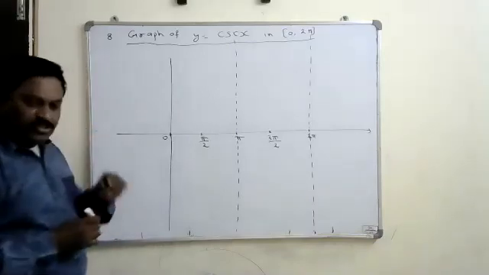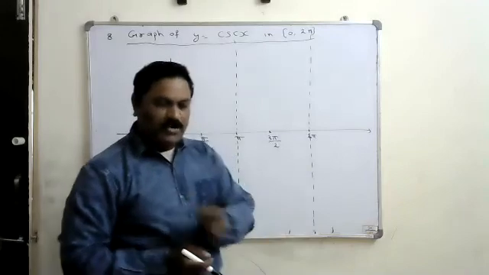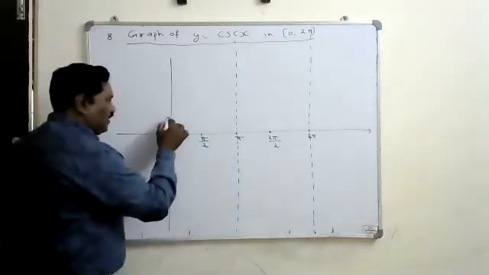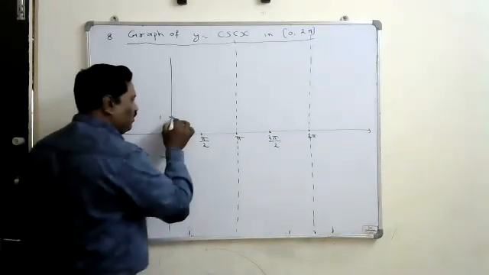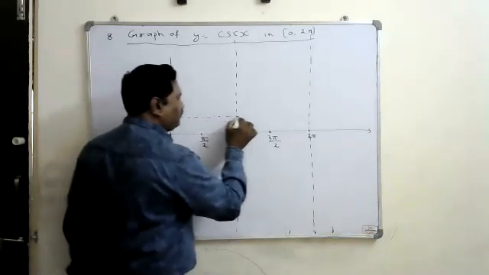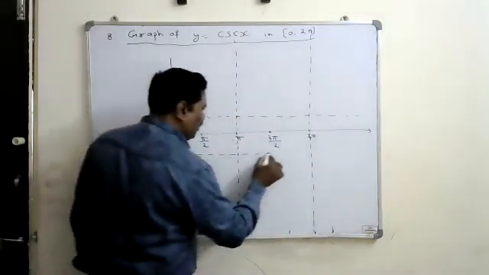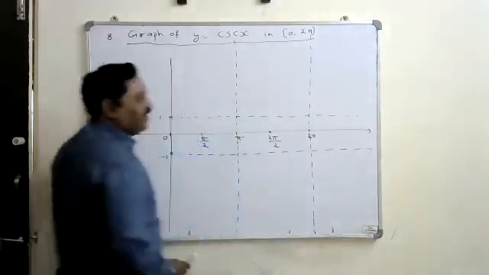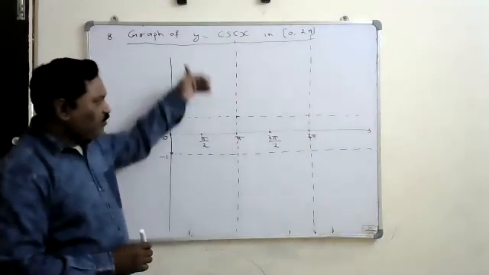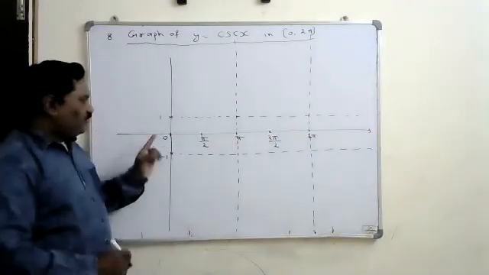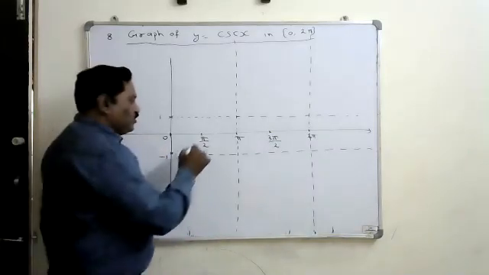And the range of the cosecant is also between minus infinity to the minus 1 union 1 to infinity. Means it never gives the value in between 1 to minus 1. So at the 1, draw the dotted horizontal line. At the minus 1 also draw the dotted horizontal line. Means cosecant also never gives the value in between these two lines. So it is either above this or below this. Now if you take the 0, cosecant 0 is not defined. Cosecant pi by 2